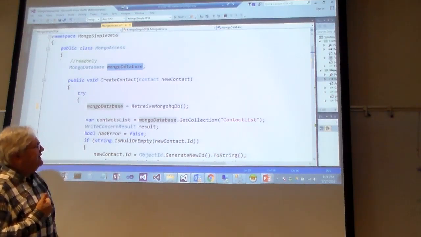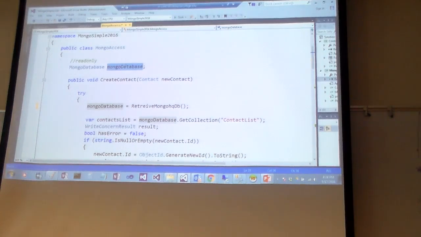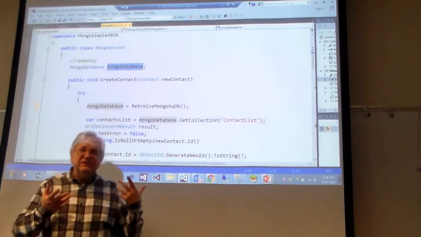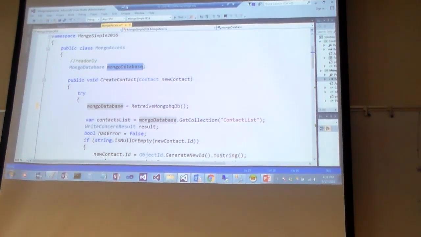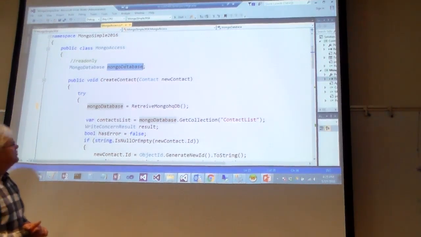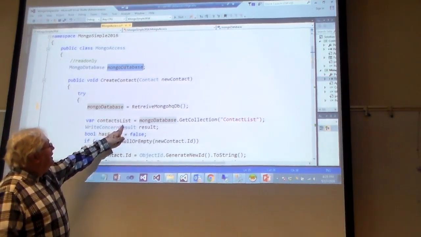And then, to the best I can tell, and maybe you know more than I do because you've taken Charlie's classes, if I want to add another record to Mongo, I can't just send up another record to Mongo. I have to pull the whole collection down, put it in, and then send the whole collection back up again. That seems to be the way it works. Because what I'm going to do here is, I create a contact list,